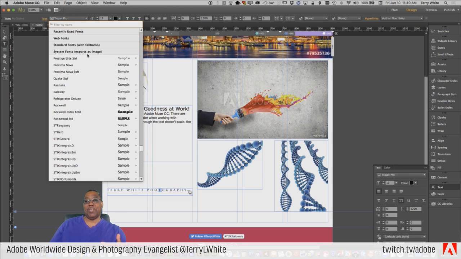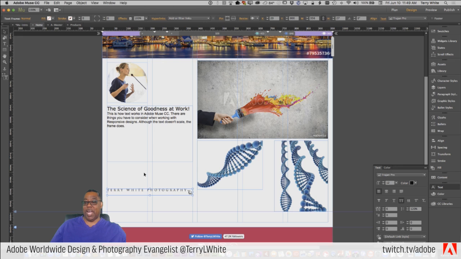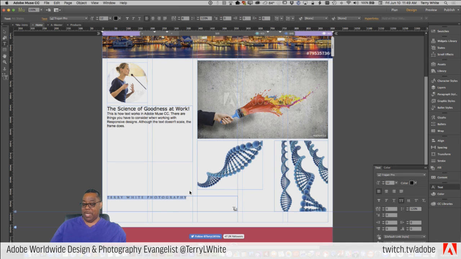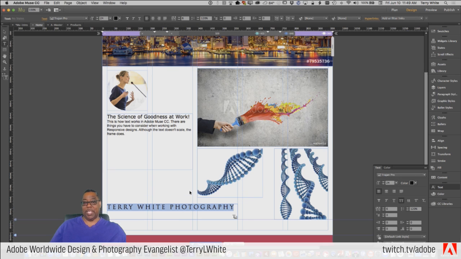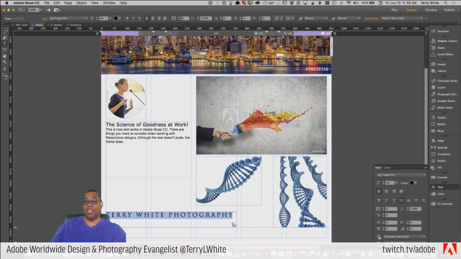But there are times where you need the type to look a specific way, and you're going to go to Photoshop and make a graphic anyway. That's when you would use this. In other words, if I were using my old logo, I need it to be in Trojan Pro. And I know everyone doesn't have Trojan Pro, so therefore, I would go to Photoshop, type my logo in Trojan Pro, style it the way I wanted to style it, make it the color I wanted, and then make it a graphic. So all this is doing is saving me the time to do that.